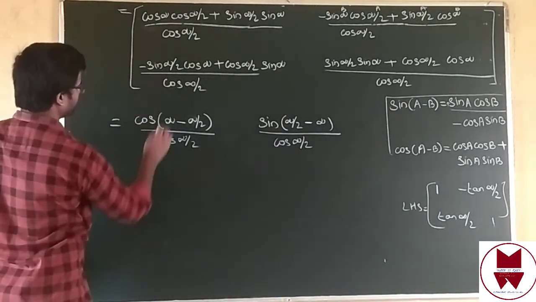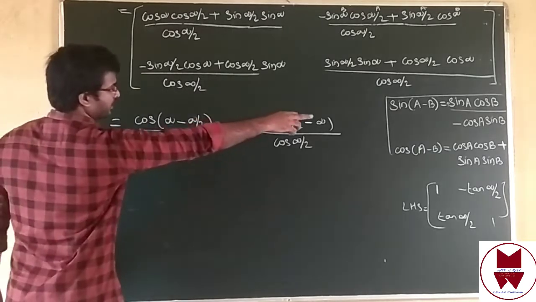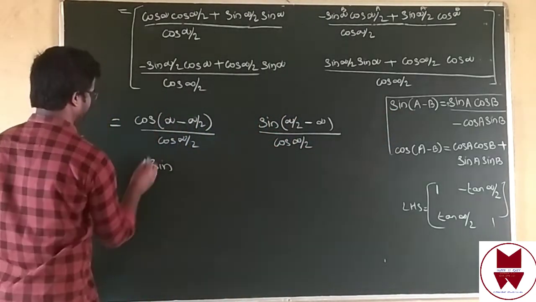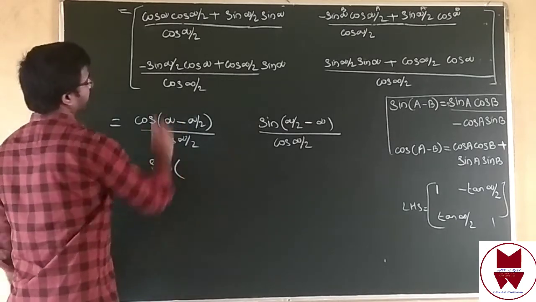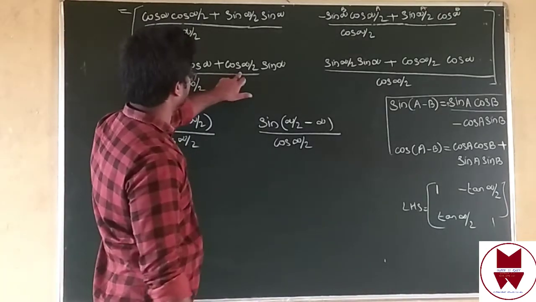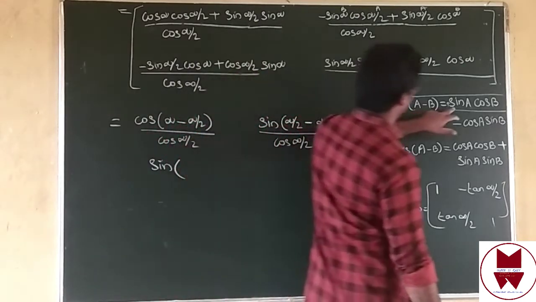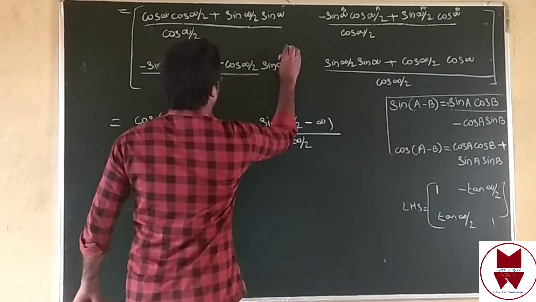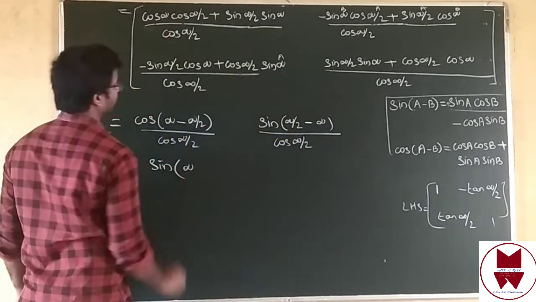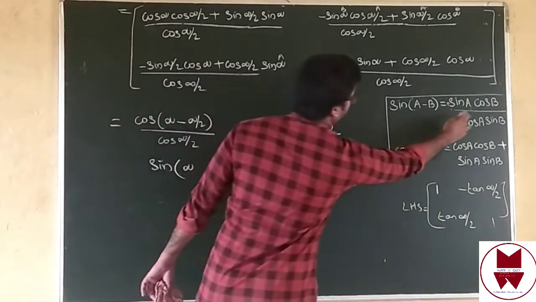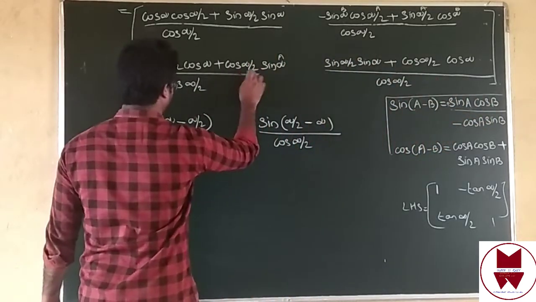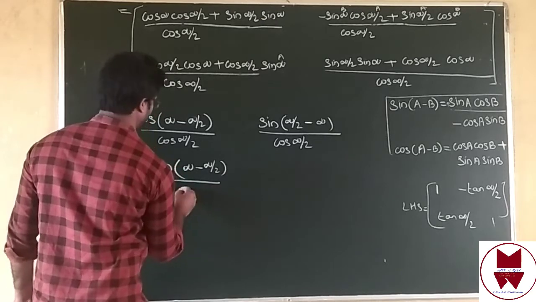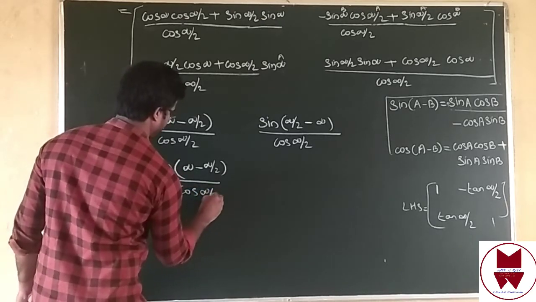Then second part, in here also which form? That is same. First formula we can use, right side. First side this one. Sin A minus B. What is A? Check it in here. This one. Sin A. What is sin A? A means in here alpha. And then cos B. Check it. Cos B means alpha by 2, minus alpha by 2, divided by cos alpha by 2.